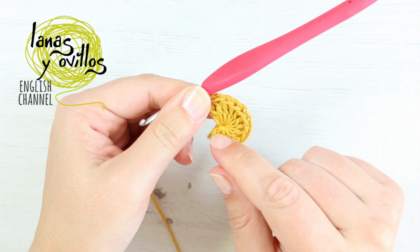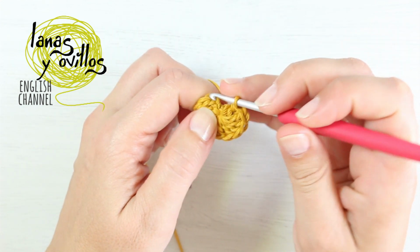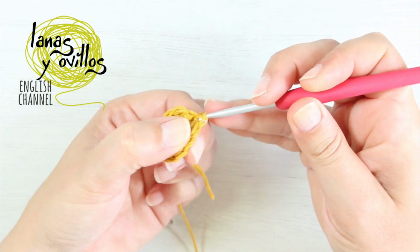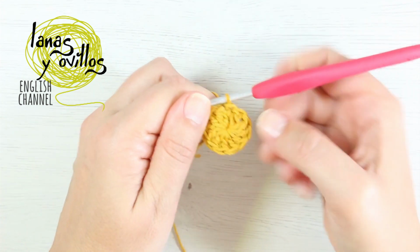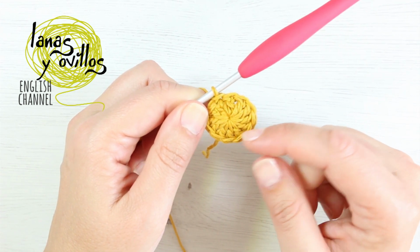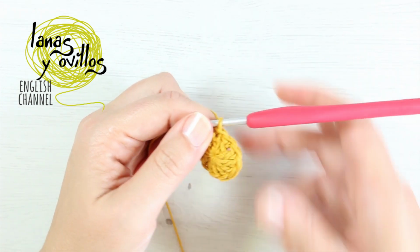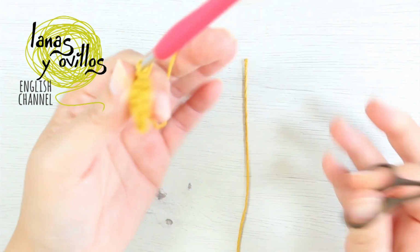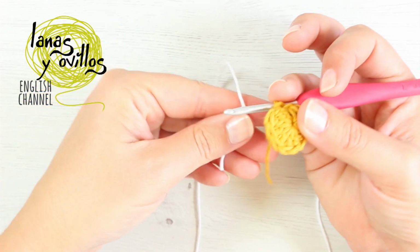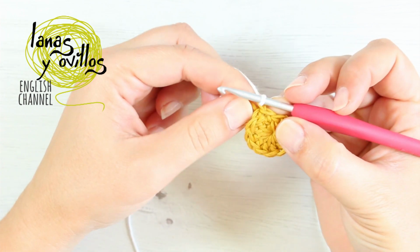Once you have the 12 double crochet, you have to make a slip stitch with the third chain. And in my case I will change the color. Place a new color. Start with a chain 4